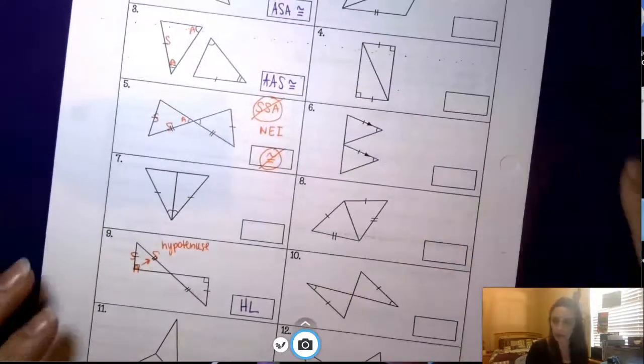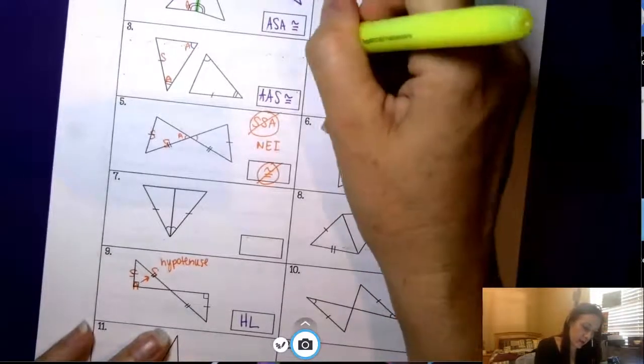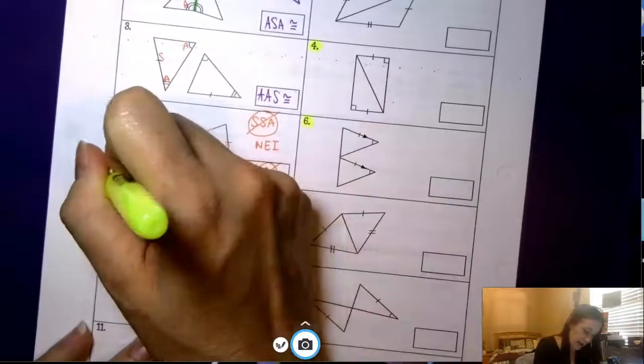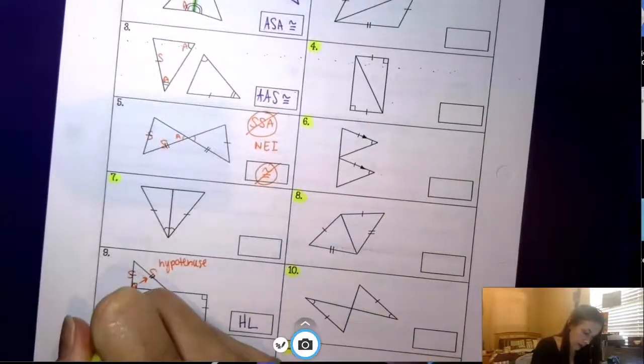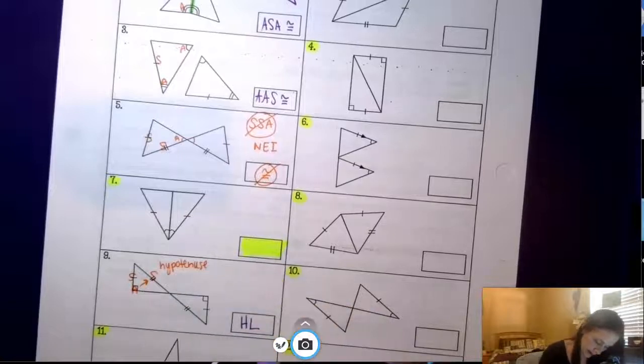So you need to complete the rest of these. Go ahead and highlight them so I know which ones I'm looking for: 2, 4, 6, 8, 7, 10, 12, 11. This is going to be like a quick little quiz for you. These are the ones